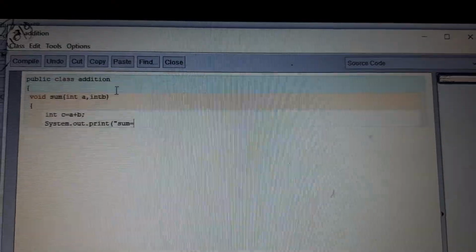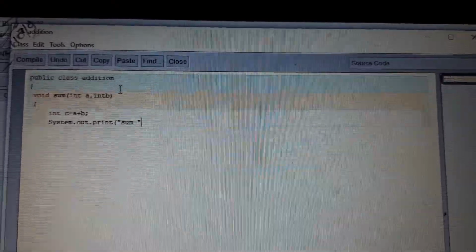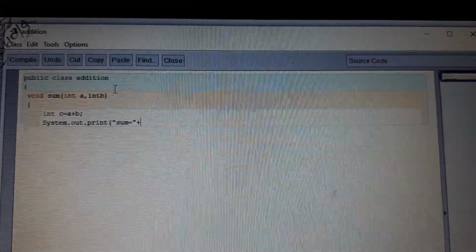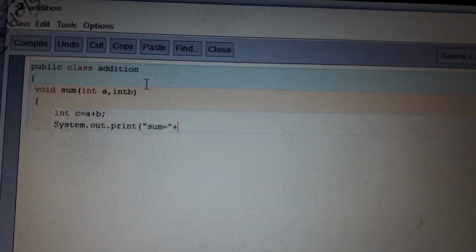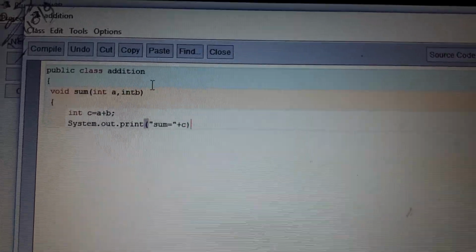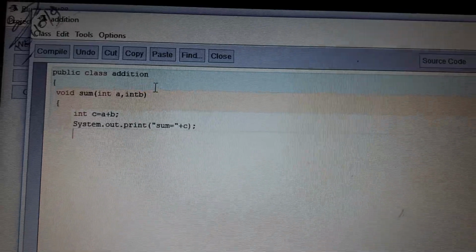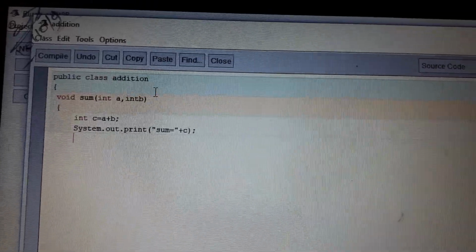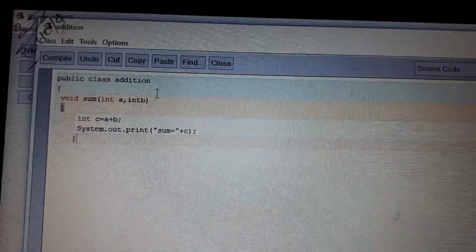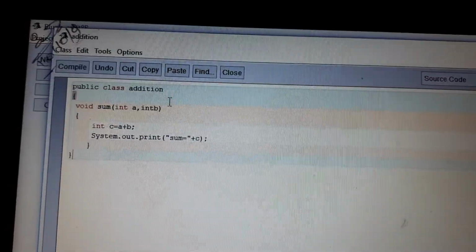Sum is equal to, again quotation mark, then you put the plus sign, then where the addition is taking place, c. So close it, then semicolon, enter, then closing of function, then closing of class.